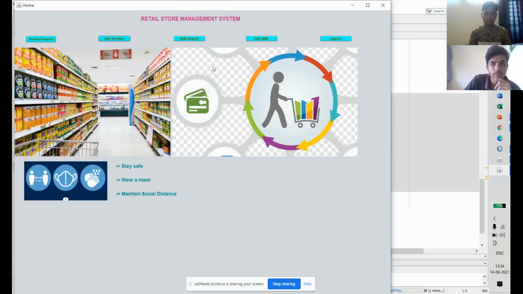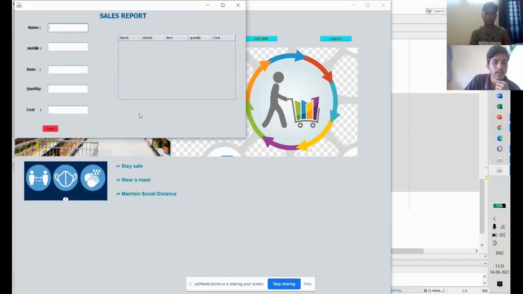And then if we click on add sales, we get this page. Here it asks for the name, mobile number of the customer, item, quantity and cost. This is the same as before: if we do not enter any of the columns, it shows please enter all the data.